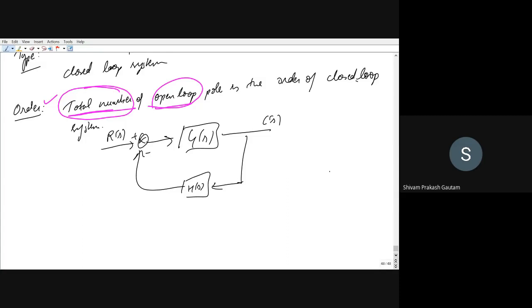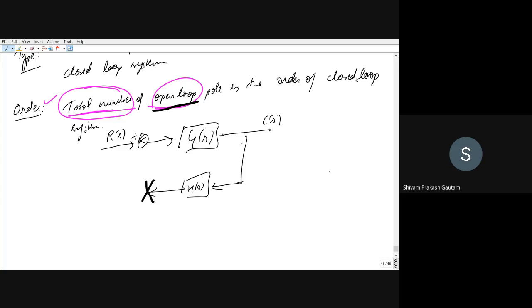So what is the meaning of open loop here? Right now this closed loop system is connected in feedback, right? If I break the feedback system here, if I open it, if I do not form a closed loop, so what will I do? I will remove this. Now you can see we are just having this. So right now it is working in open loop, right? So the open loop transfer function is, this is G of S.